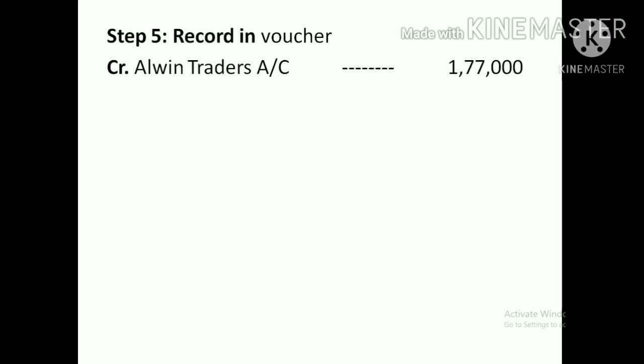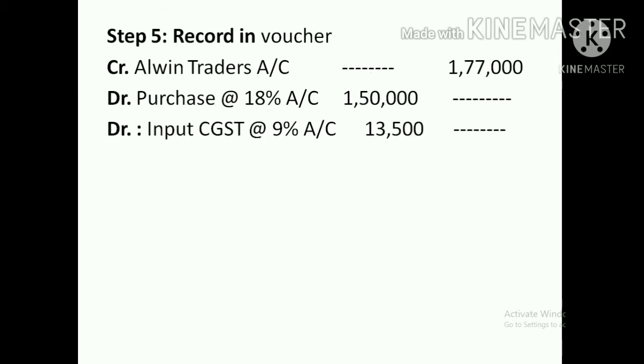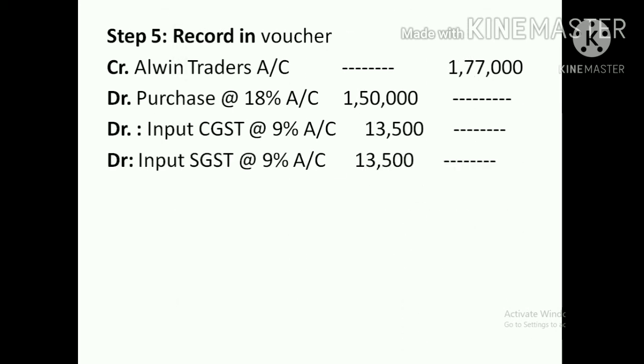Then which are the debits here? The three accounts should be debited. The first one, Purchase at 18%. How much value of goods did we purchase without tax? 1,50,000. Another is Input CGST at 9%, 13,500. Another debit account is Input SGST at 9%, 13,500. Total 1,77,000. This is the entry when you purchase goods with payment of GST. When you purchase the goods along with the tax, we call it